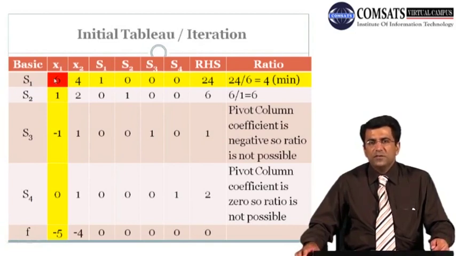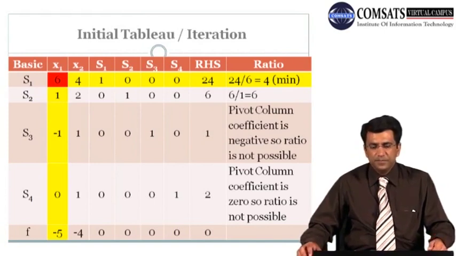So class, we discussed how we can identify the pivot column and how we can identify the pivot row. Next we will have to identify the pivot number. That is the value where the pivot column and pivot row intersect each other. This is the point, that is 6, which is highlighted in red. This is the point where the pivot row and pivot column intersect with each other. So our pivot number in this case will be equal to 6.